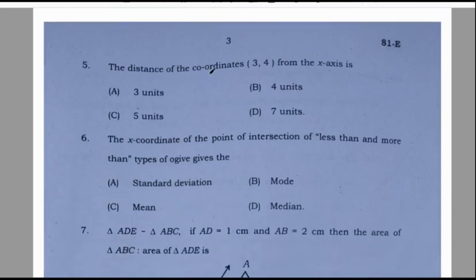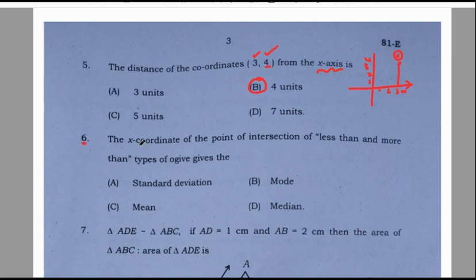Fifth question. The distance of the coordinate 3, 4 from the x-axis is 4 units. If you take the coordinate axis 0, 1, 2, 3, 4 and 1, 2, 3, 4, the point 3, 4 lies here. It is how many units away from the x-axis? Obviously 4 units. So the correct option for this question is B. Whenever they ask x-axis, you have to pick the y coordinate, and for y-axis you have to take the x coordinate,